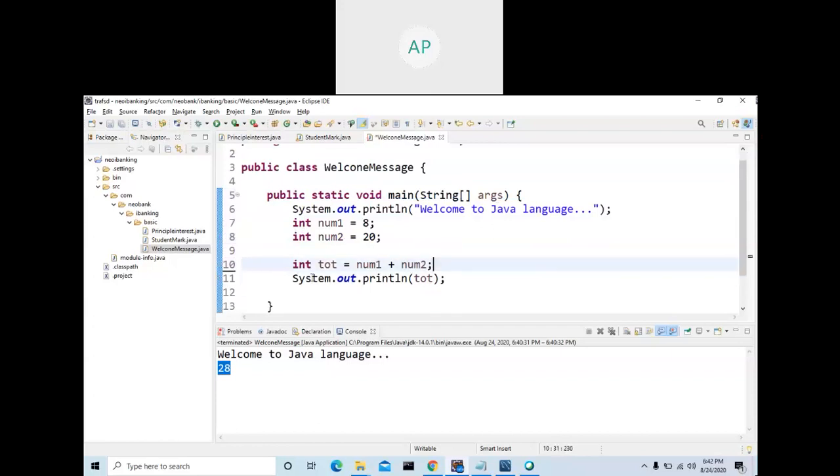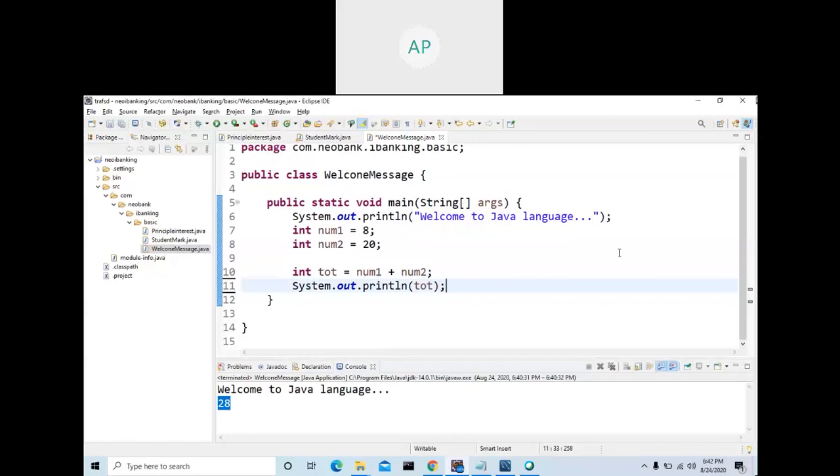Okay, you wrote one program to add two values and print. Now you got some idea. So again, I am informing you, also divide and find the percentage of these two numbers after adding them.